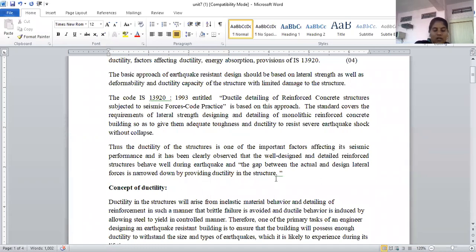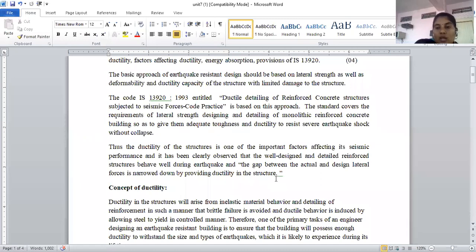Okay, so now I will tell you what ductility is. Ductility is nothing but the ductile detailing we have to make in the connections between the beams and columns. Whatever steel reinforcement is there, we have to make that reinforcement strong with its connections, and make those connections very nicely. Then, when external loads come on the structure, the structure behaves well and resists the forces.